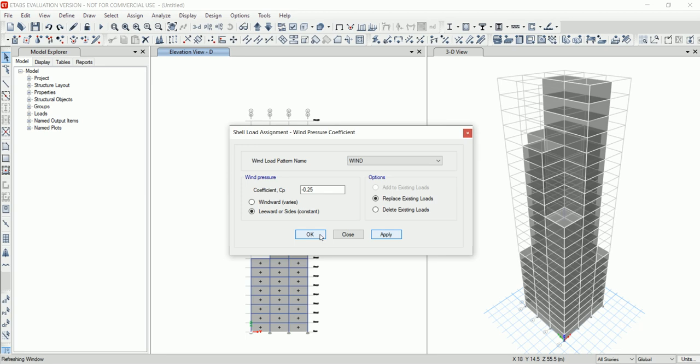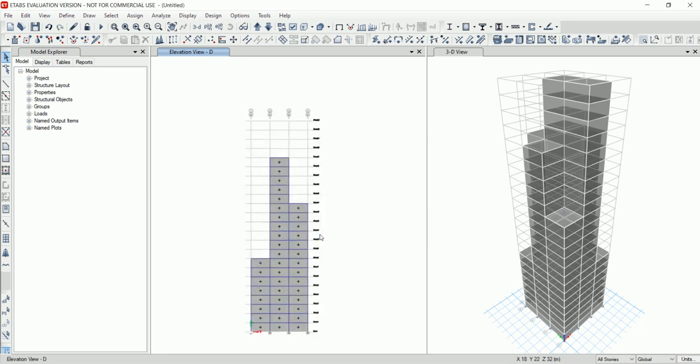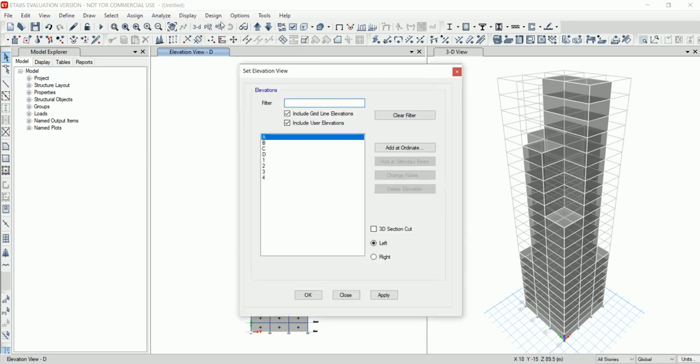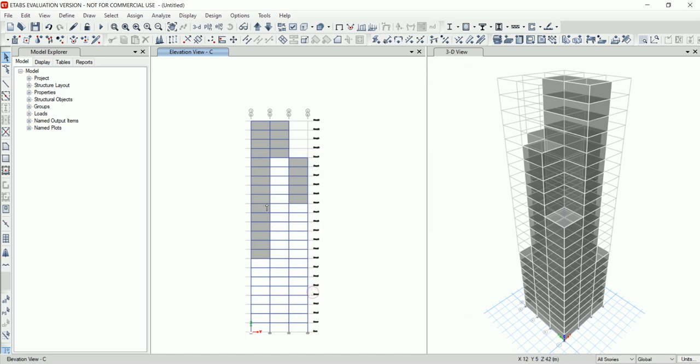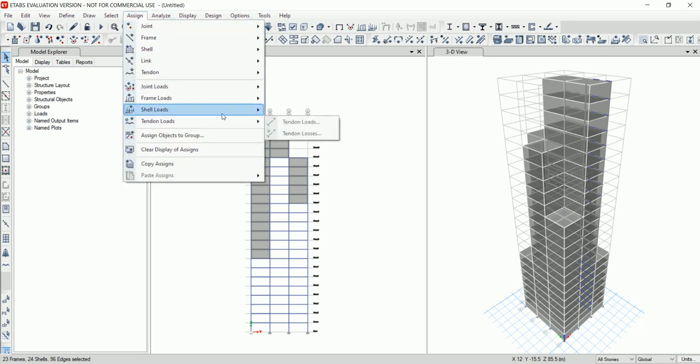Now go to elevation. Click on C, click on OK. Select all the shells. Go to assign, same shell loads, wind pressure coefficient.